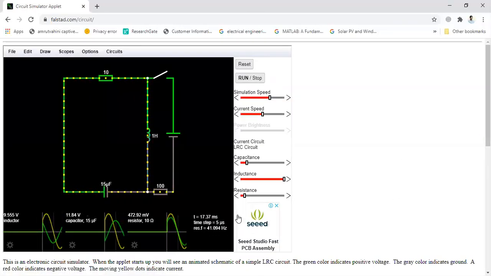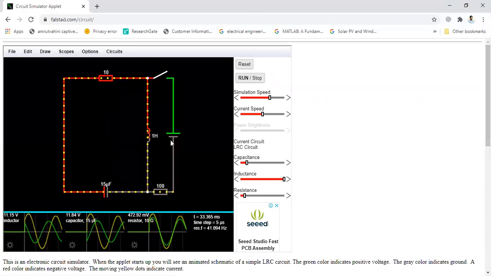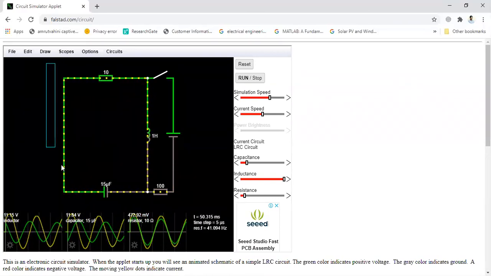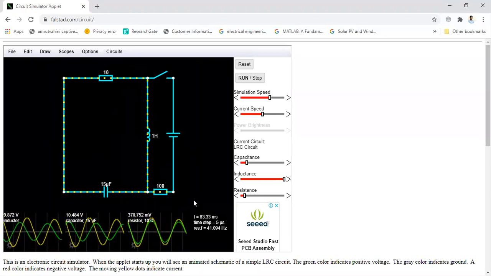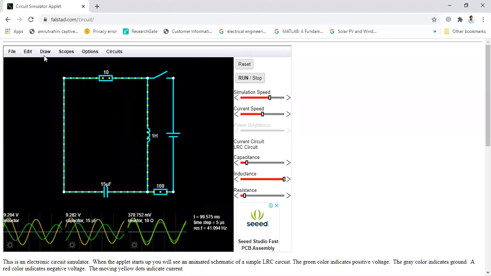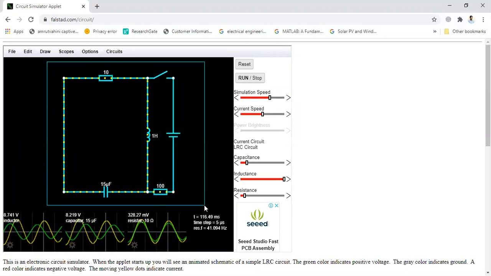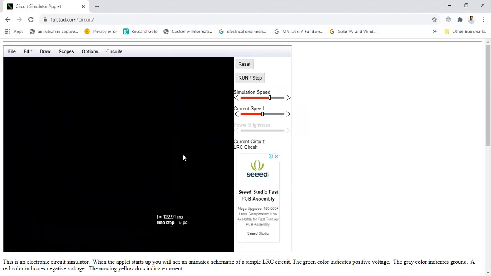You'll find one circuit running on the screen. What you have to do is select and drag it, and press delete. So the screen will be cleared for you all.